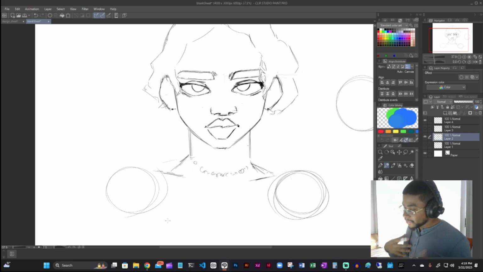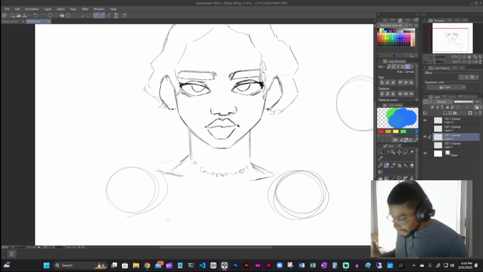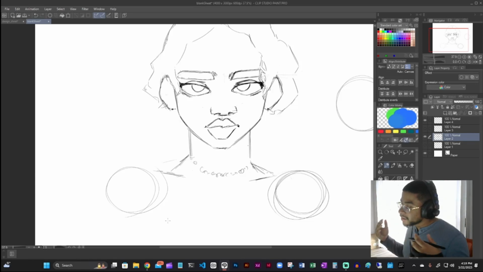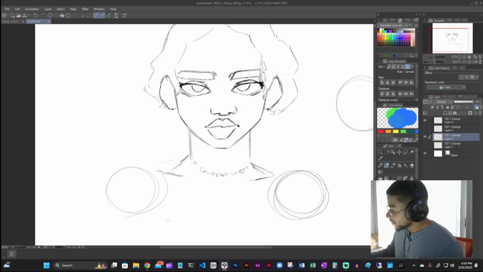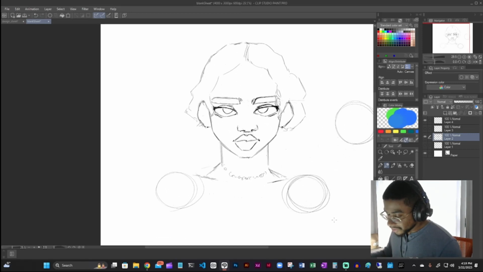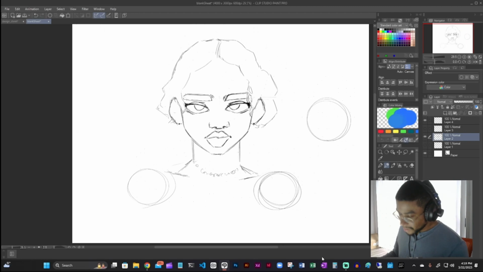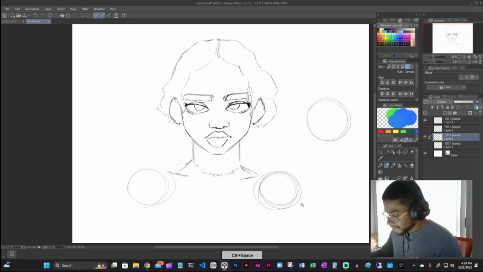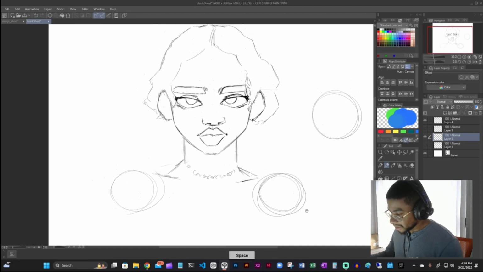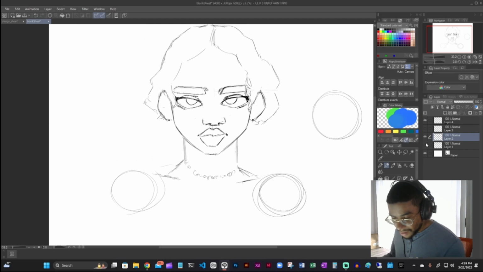All right. So we did the circle that shows the shoulders and everything. But there's another way that I'm used to doing that actually helps. And that is